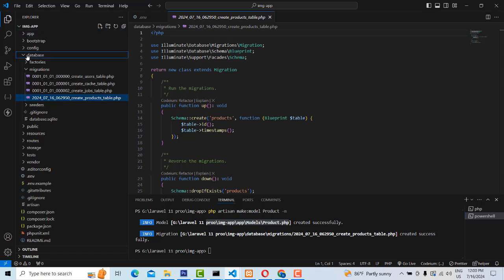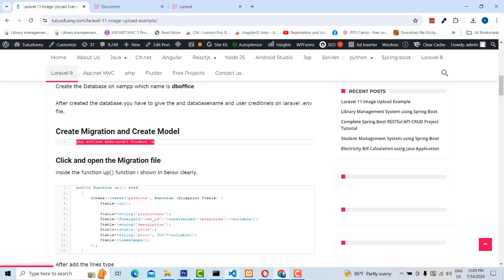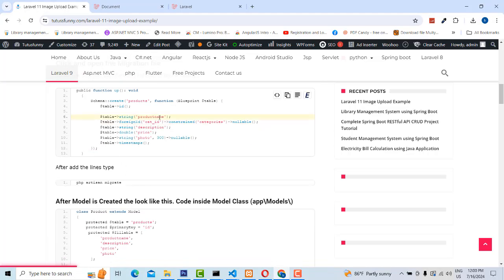First you have to go to the database folder. Inside the database, inside the migrations folder, there is a product table. Here we have to define the table column names. What table columns are you going to create? These are the column names I'm going to create: product name,